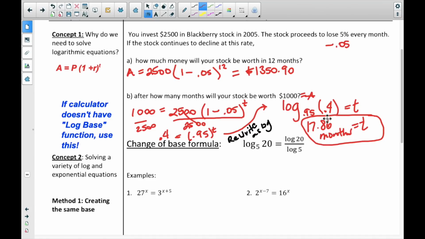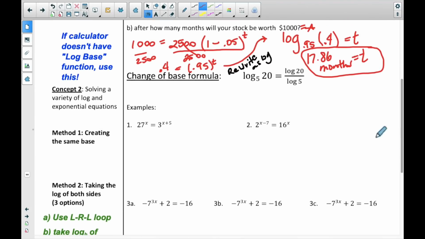You have learned how to solve a log equation and get an answer. So that's actually some pretty helpful and useful information. Okay, I said I was going to show you how to do it if your calculator doesn't have this function. This actually applies to everybody because not very long ago,